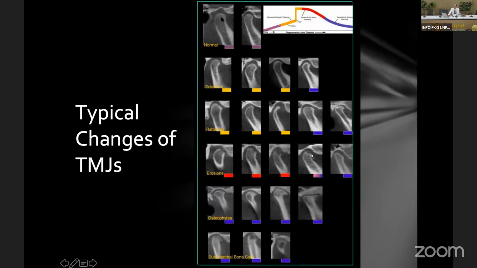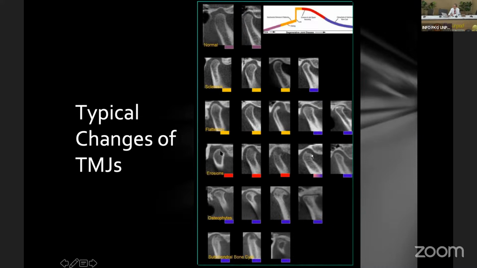This is a normal condyle with a thin corticated border along the condyle. You can see a little bit of sclerotic change in the superior aspect of the condyle, sclerosis of the condyle. You can see the flattening of the condyle, and the flattening can be superior, inferior, and you also can see flattening anteriorly and posteriorly. So you can see that on the cone beam.